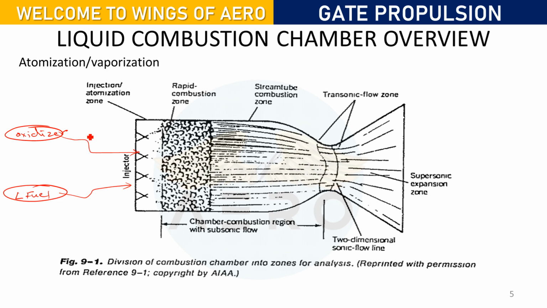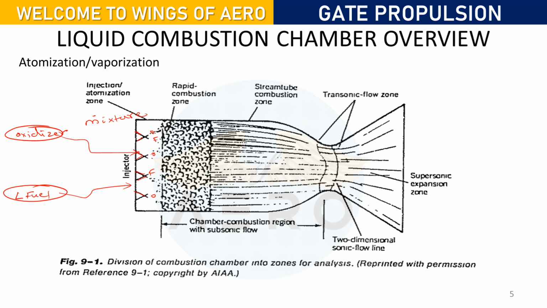First of all, it depends on whether the oxidizer channel and the fuel channel will be coinciding together, or maybe oxidizer on one side and fuel alternating, oxidizer then fuel then oxidizer, or oxidizer and fuel combined all together. So how are you going to mix the fuel and oxidizer? What will be their mixture, or what should be their mixing ratio? That is another vital role.